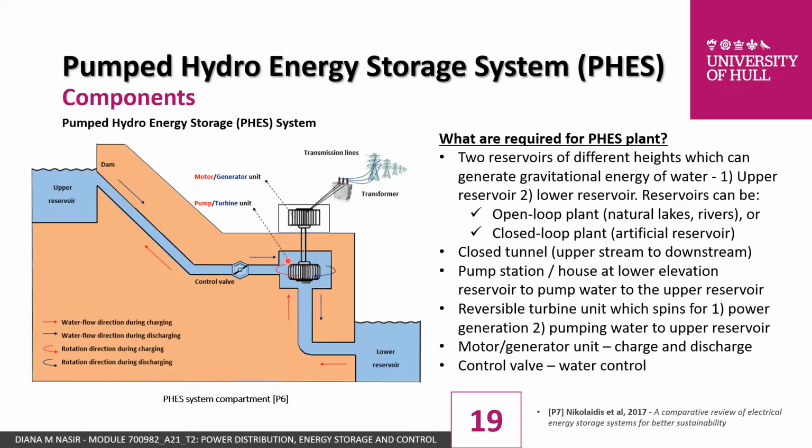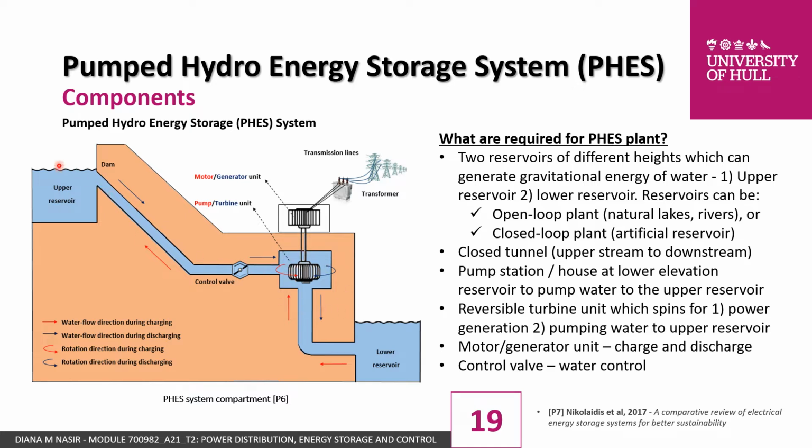And of course, we need to have the closed tunnel, which should connect the upper reservoir to the turbine and also to the lower reservoir. And then we need to have the whole system function to pump the water and also to generate the electricity. So we need to have the pump station, and then we need to have the reversible turbine, which should spin to power the generation, and also spin to pump the water from the lower reservoir to the upper reservoir. And then the motor generator unit should be combined or connected to the turbine,